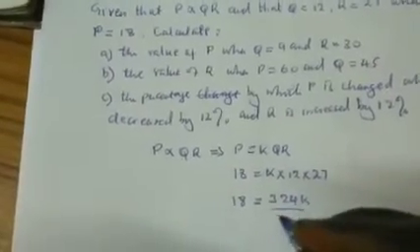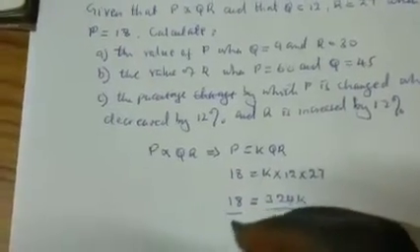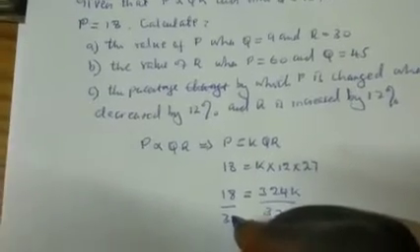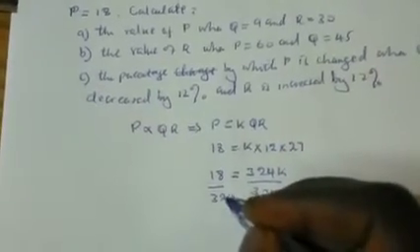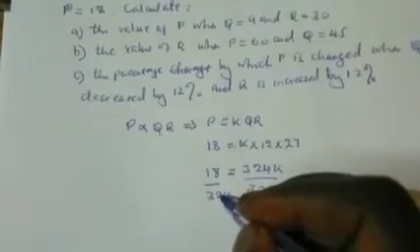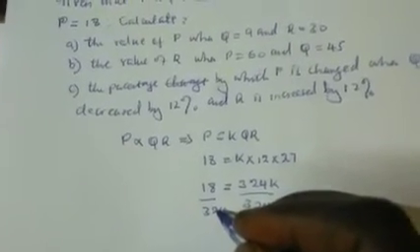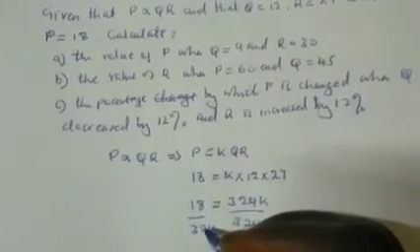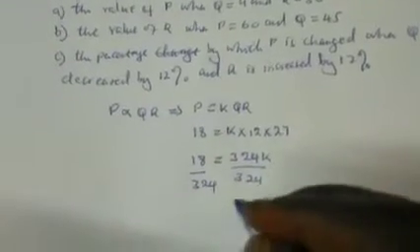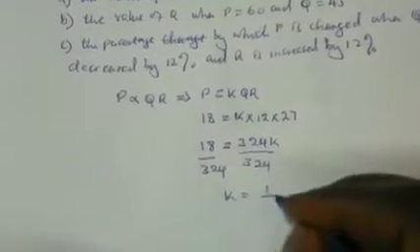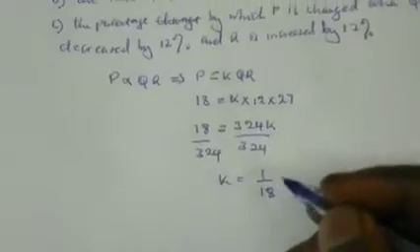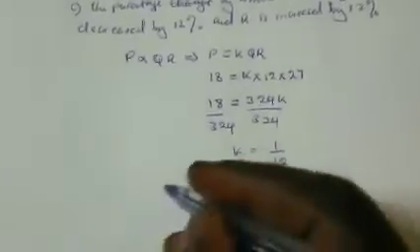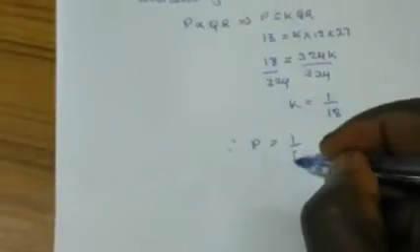So we divide both sides by 324. What do we get now? That gives us K is therefore equal to 1 over 18, and therefore P is equal to 1 over 18